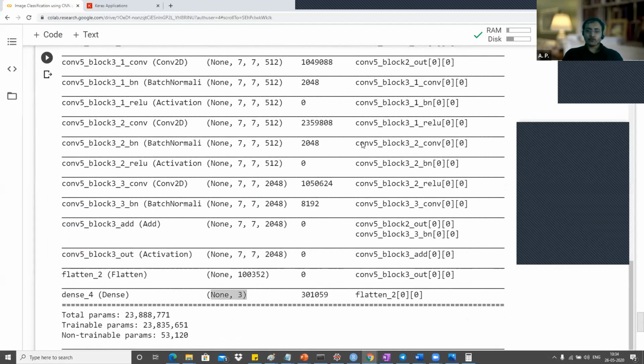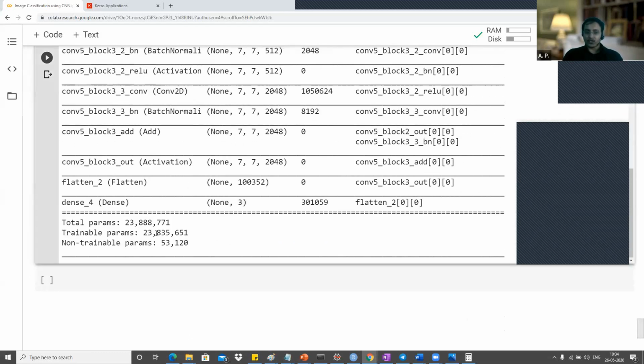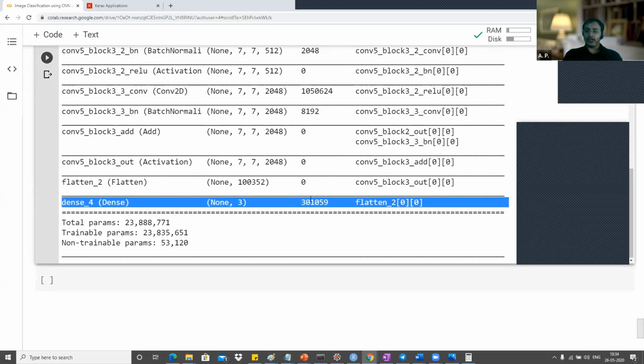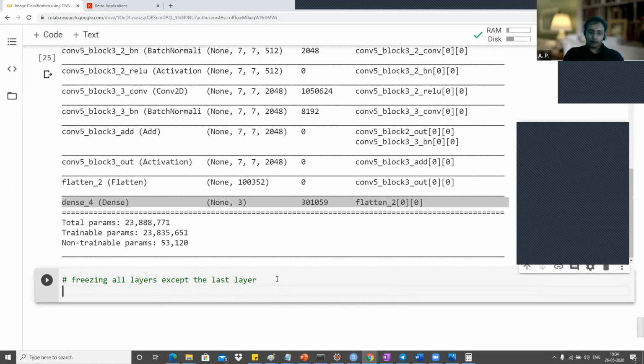So now the next step is going to be freezing all the layers. You can see that there are a lot of trainable parameters, almost 23 million are trainable. We just have to make this last layer trainable, and freeze all the other layers. So we can say freezing all layers except the last layer, right? So we can say here for layer in new_model.layers,